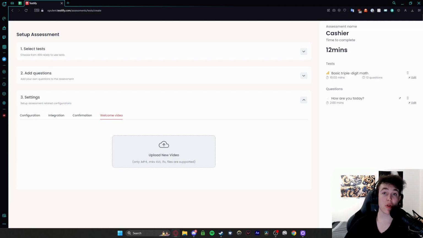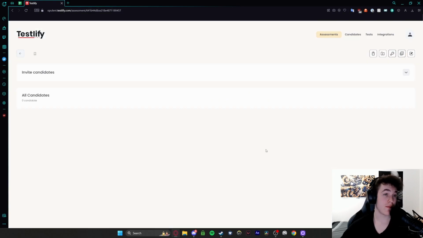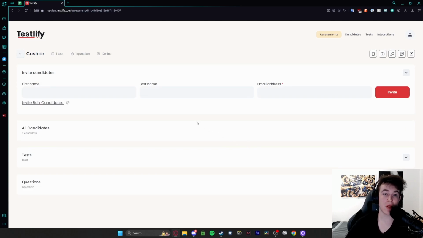Now when you've actually completed making the entire assessment, you can go ahead and on the bottom right click the big next button. It will ask you if you're sure. It will basically switch to a done or previous tab, and when you hit done, the assessment will have been created successfully. So then you can invite people,